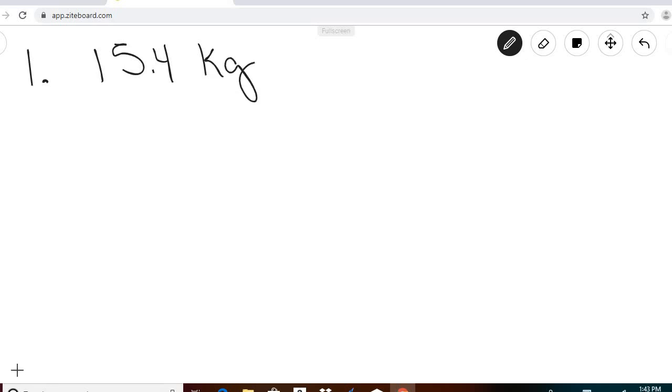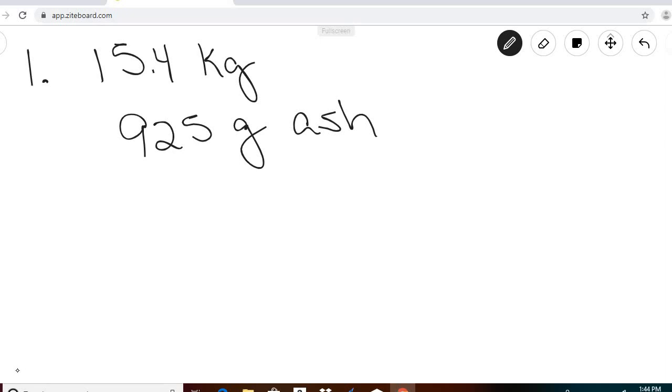and he collects everything that is produced by the fire. And he measures that there are 925 grams of ash. Okay, so right away you should recognize that that unit grams is not consistent with the kilograms that we started with. So the first thing I'm going to do is go ahead and convert those grams to kilograms by dividing by 1,000. So it's going to be